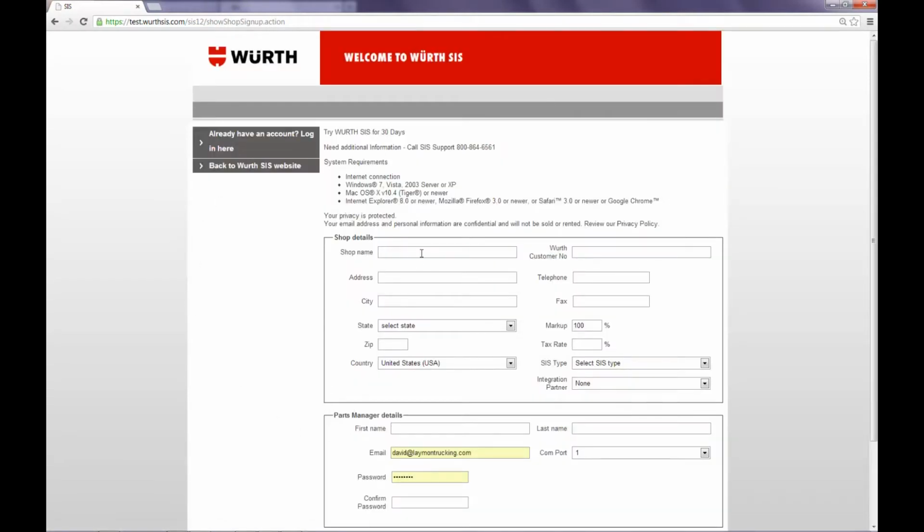We're going to create an account by clicking on No Account Yet up in the upper left hand corner. And we're going to create a dummy trucking company here. In beautiful Knoxville, Tennessee. Keep my markup at 30%, and